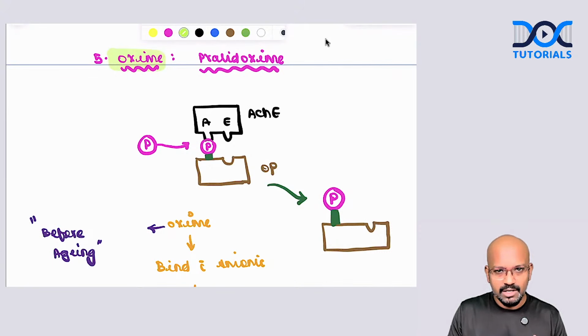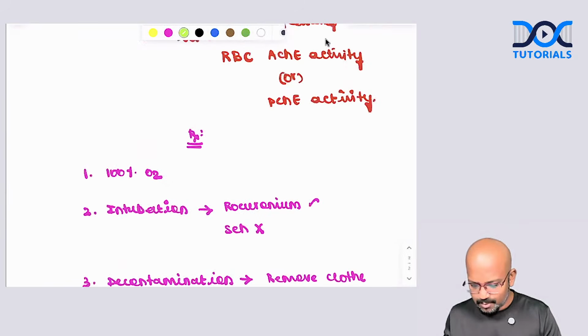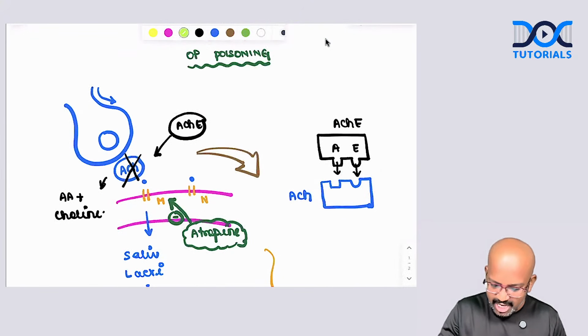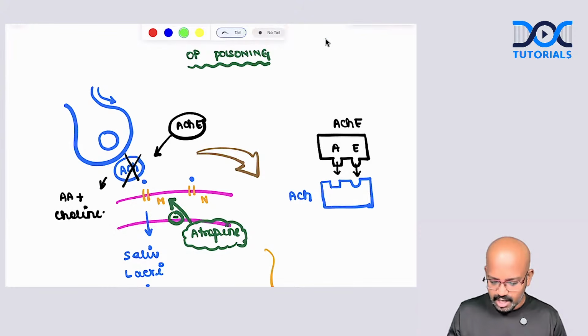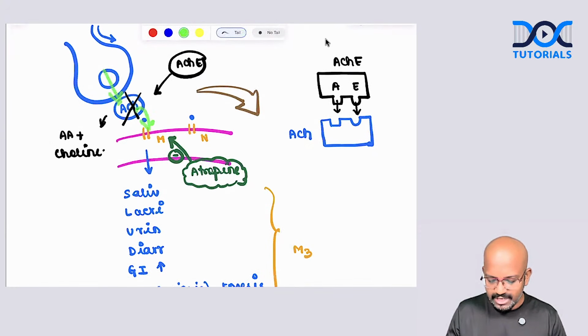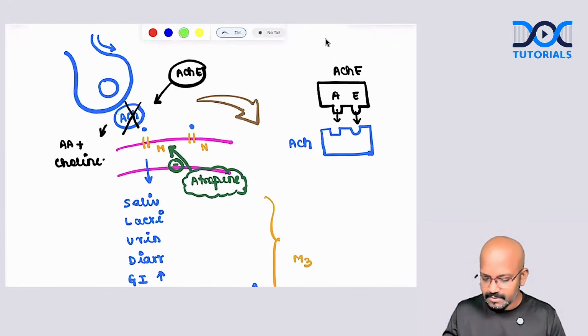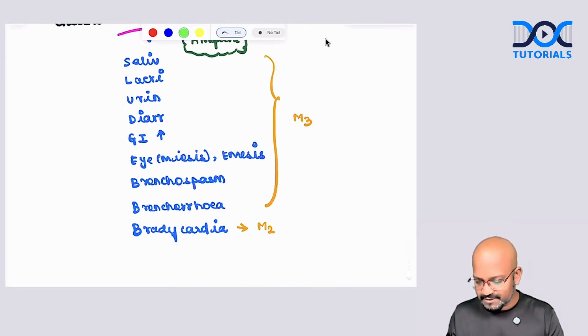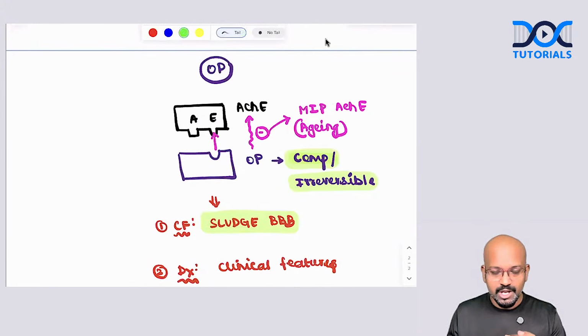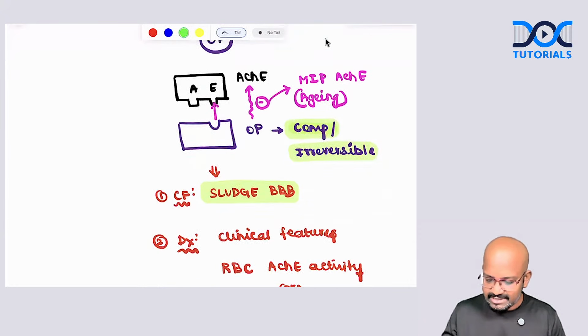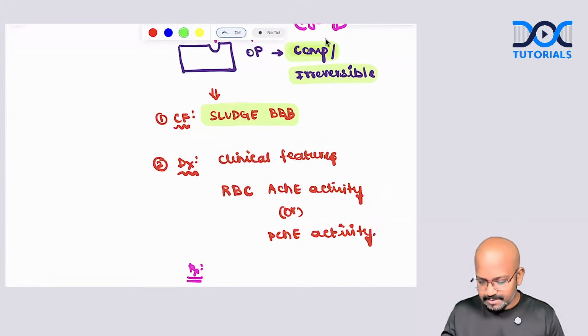Well, that's it. A small 2-second recap of what we have explained till now. We covered the physiology of how acetylcholine is released, how it binds with the receptor, what SLUDGE BBB and the muscarinic symptoms are, and how acetylcholine is broken down by the acetylcholinesterase enzyme. We explained the physiology behind it. Then we started with the actual long answer to be written. Organophosphorus binds only with the esteratic site of the acetylcholinesterase enzyme, and it produces something that causes aging, monoisopropyl phosphoryl acetylcholinesterase enzyme. And we explained the clinical features.